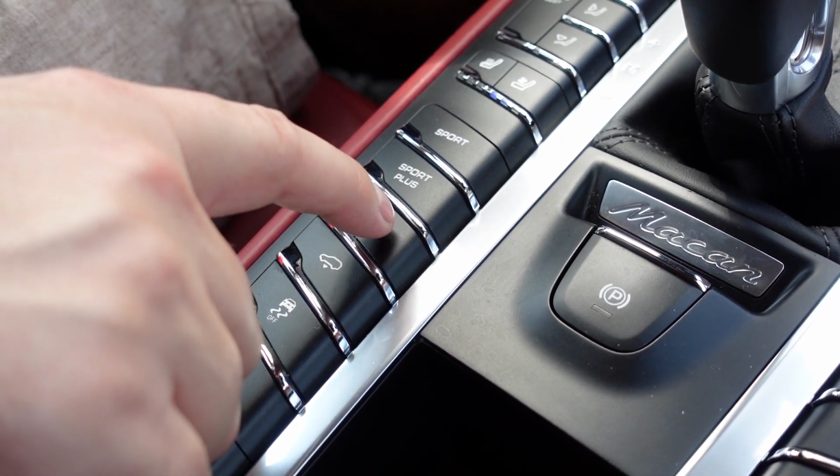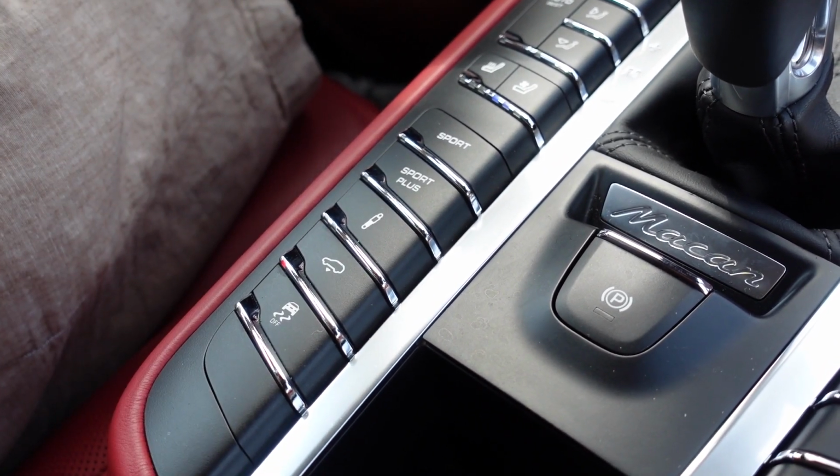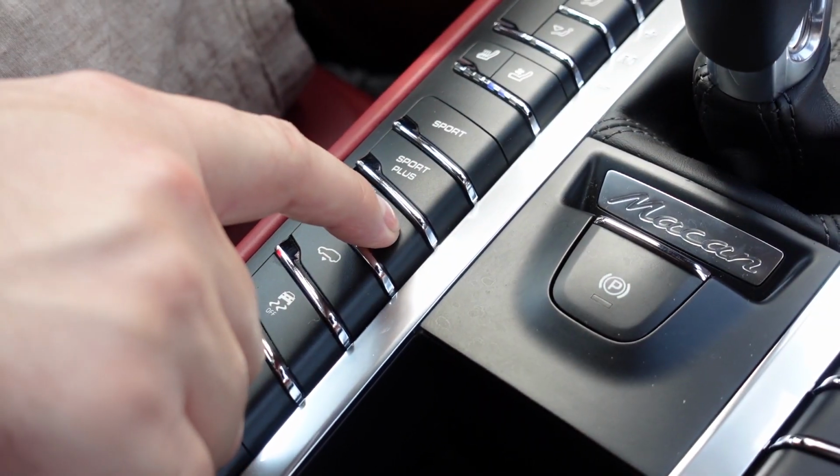Now I keep my Macan in the Sport setting on the suspension. I generally drive in that mode. This does have Sport and Sport Plus on the PASM shocks. I rarely ever go into Comfort, sometimes on a highway cruise, but let's just switch over to that to lighten up the shocks a little bit. And you'll instantly feel that the car has less rebound in the shock, a little more floaty feeling, a little more isolated from the road. And then I'm going to go back into my preferred Sport mode,